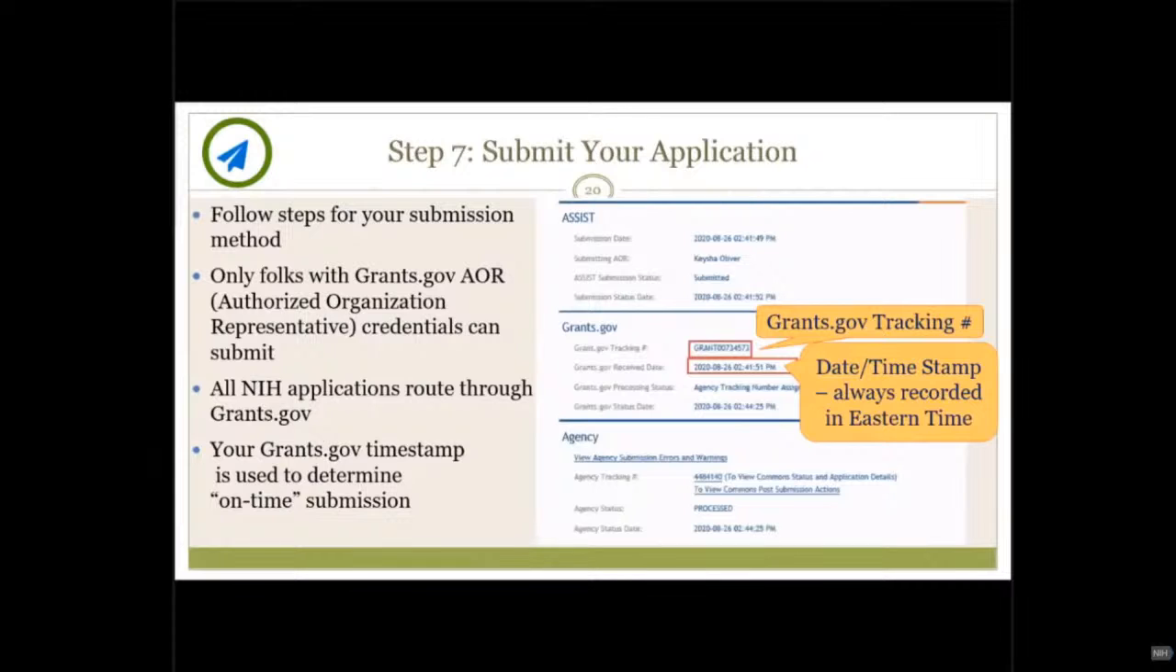So now we're honing in at the very end, submitting your application. You're going to follow the specific steps that are consistent with your submission method. So in Assist, you're going to update the submission status, which will then present to the AOR, where they can then enter their username and password. As Cosima mentioned, regardless of the submission method used,